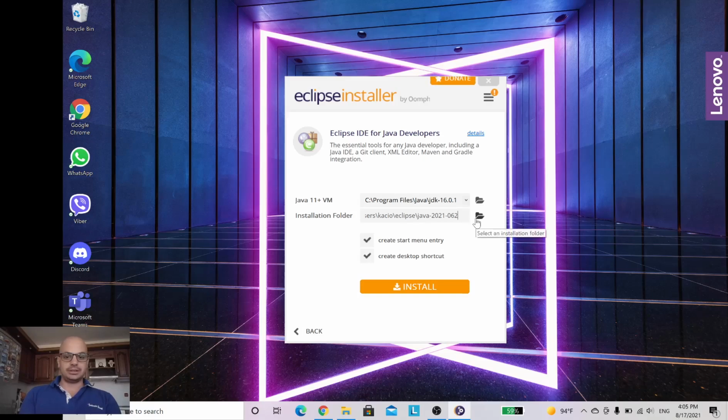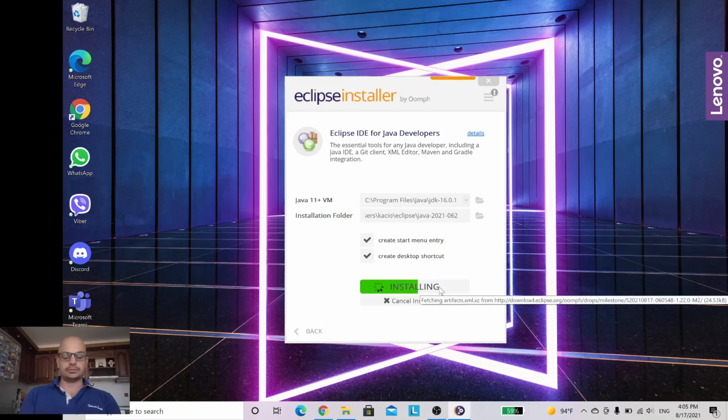Also here you can choose the installation folder. So when this one is done, you can just press install and wait for the installer to finish. This one might take from a couple of seconds to a couple of minutes.